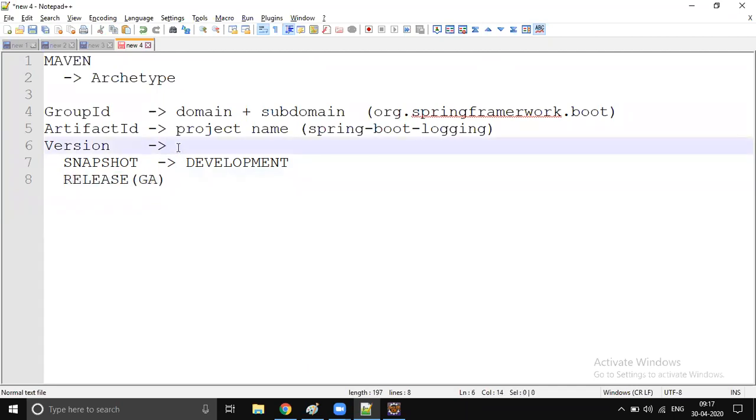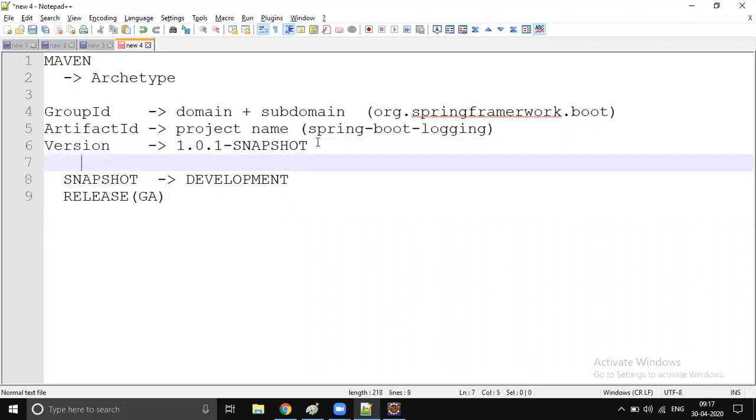We mark some number, maybe 1.0.1, with hyphen snapshot or hyphen release. If it ends with hyphen snapshot, it is under development. If it ends with hyphen release, development is done.